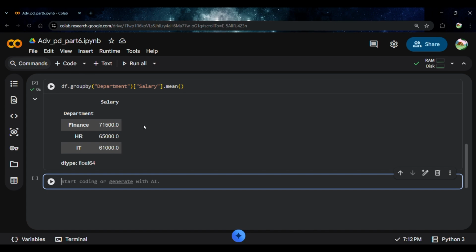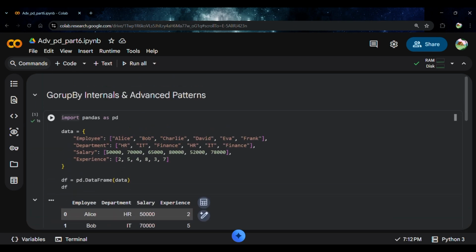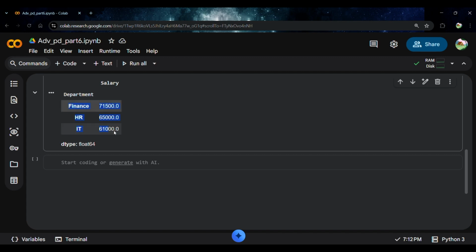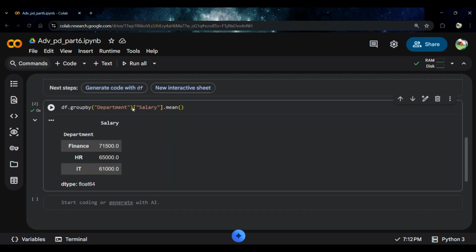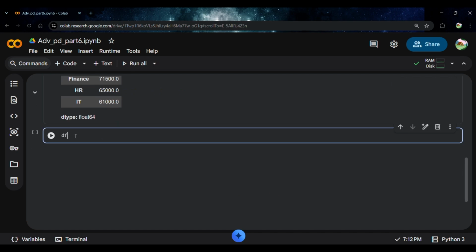So it's just the department name and the salary, which calculates the salary for each group. Now as we look here, it is really different from this because we used mean. Because of that, we got a salary like this. As you know, mean is an average calculation. So while we're doing it, we need multiple aggregations. We don't just need to group and get its mean, but we need more from the dataset. So for that, I'm using df dot groupby